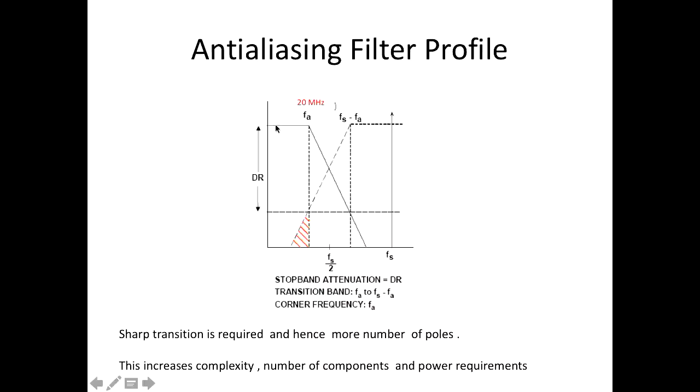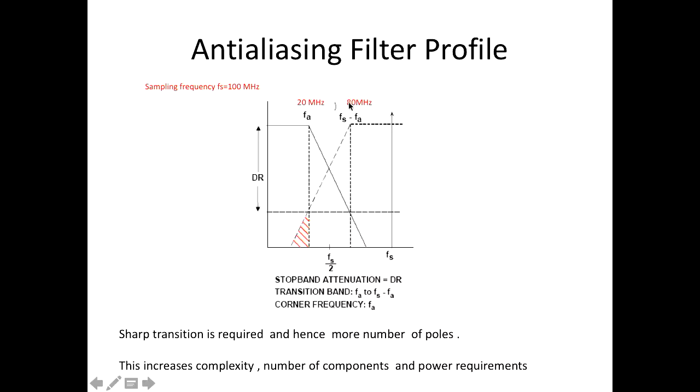So this is an anti-aliasing filter. The ideal case is this dotted line. If you have 20 megahertz as your bandwidth of interest, somebody will ask where your stop band should be. Then you can ask, what is the sampling frequency? Sampling frequency is some number, Fs. Then you can say the stop band should start from Fs minus Fa, which is clear now, because after that there will be aliasing. And if your sampling frequency is, say, 100 megahertz,